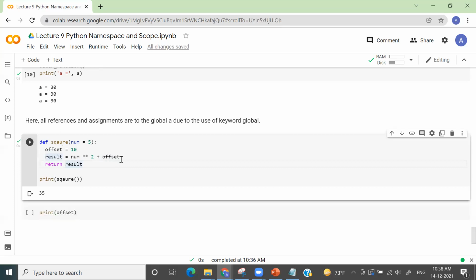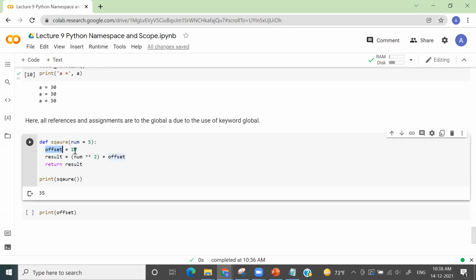In BODMAS also, it will take the exponential first and then add. So you have assigned a value for offset, so it will add and give you 35. So 5 square is 25 and plus 10 is 35. Yes. But where is that 35 value getting stored? It is getting stored in the result variable, right? Yes, result. But the offset variable is still having the value 10.